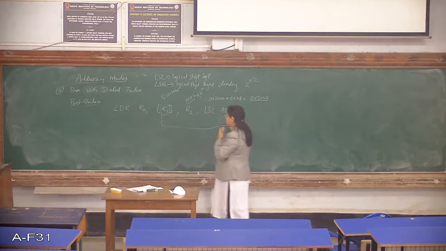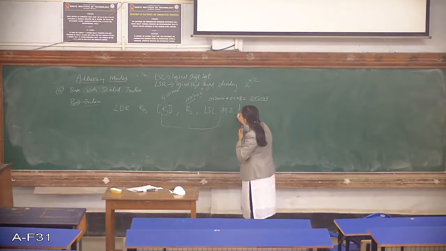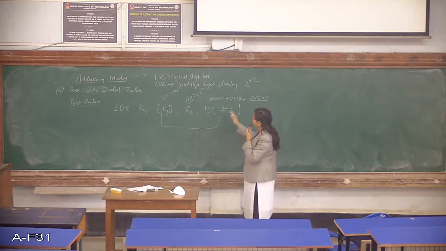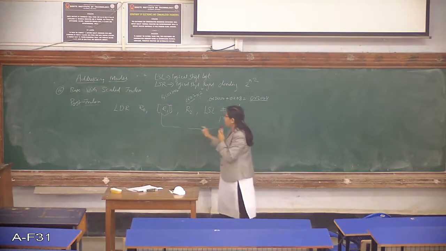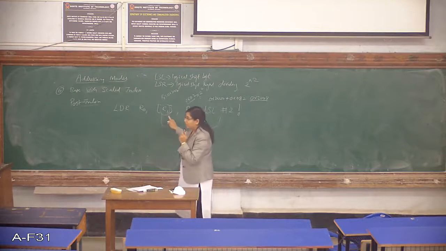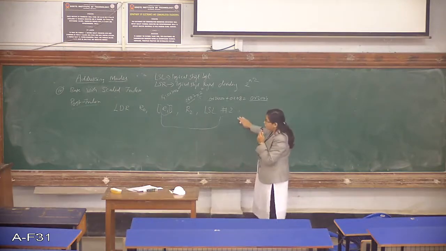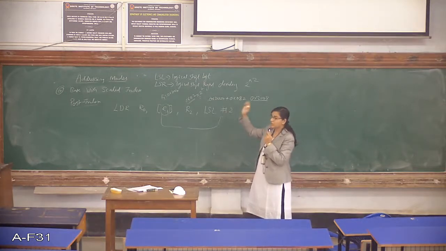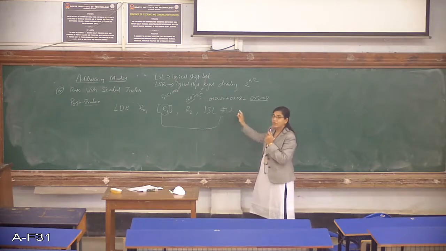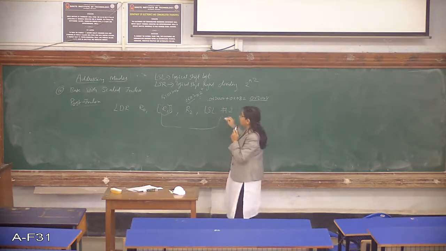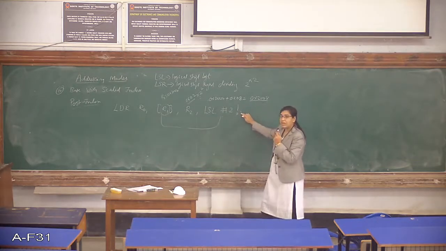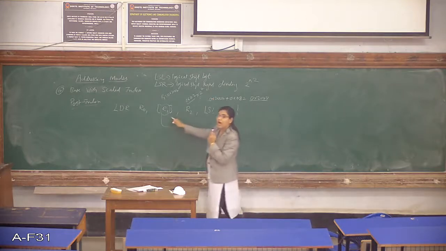Now the base address, or the effective address, is 2008, and that is to be stored in R1. There is one indication we give, this sign, which indicates it is a write back. What write back means is, when I calculate the base address, I need to update it in the register R1. If you don't mention this write back, your R1 value will always remain 2000. Whenever you go on executing, R1 is always 2000, and the new value will not be updated in R1. So if you want it updated, you need to give this symbol, which indicates write back, and it will update the value in the R1 register.